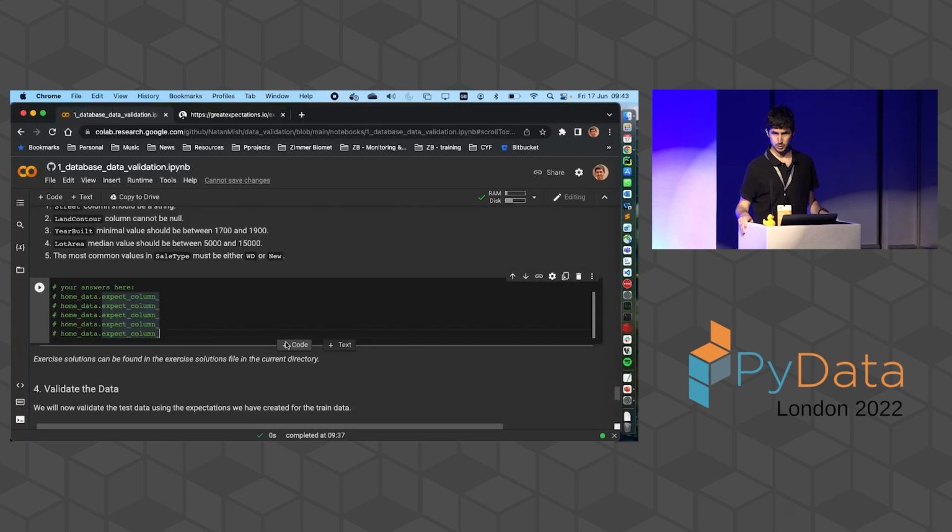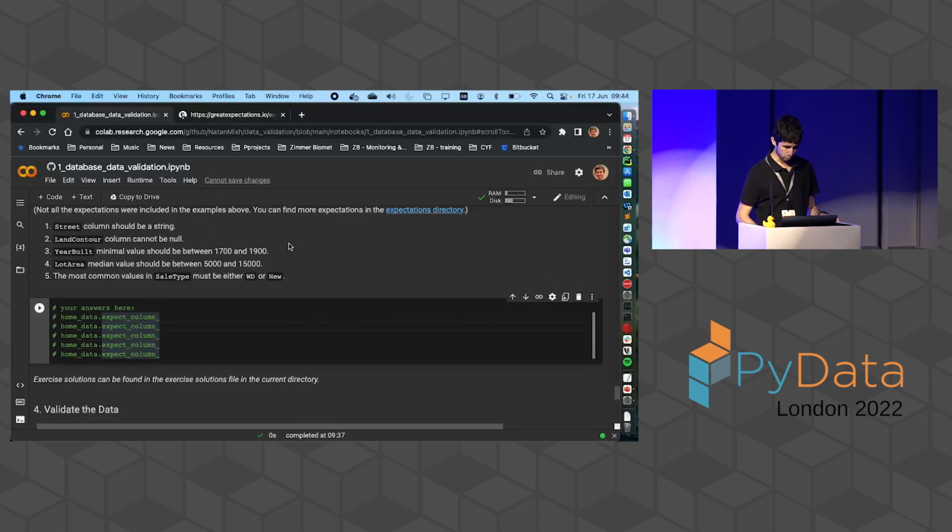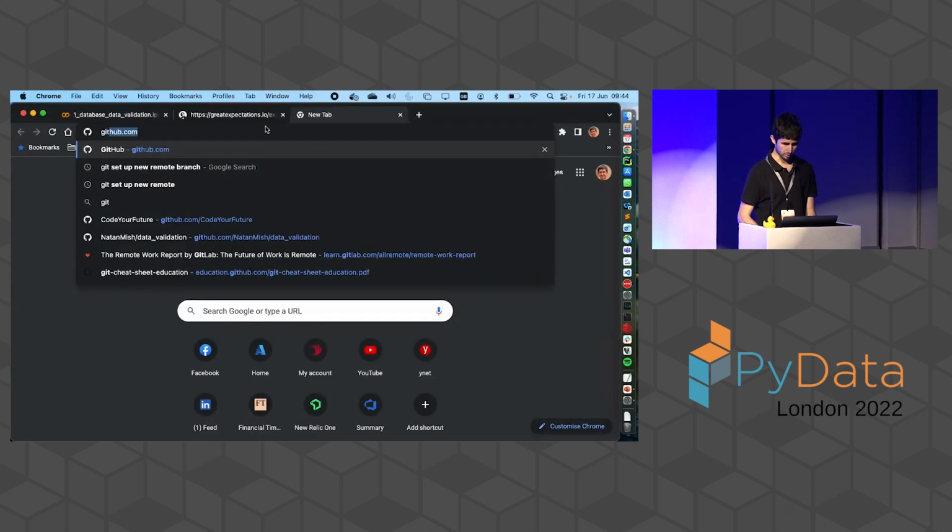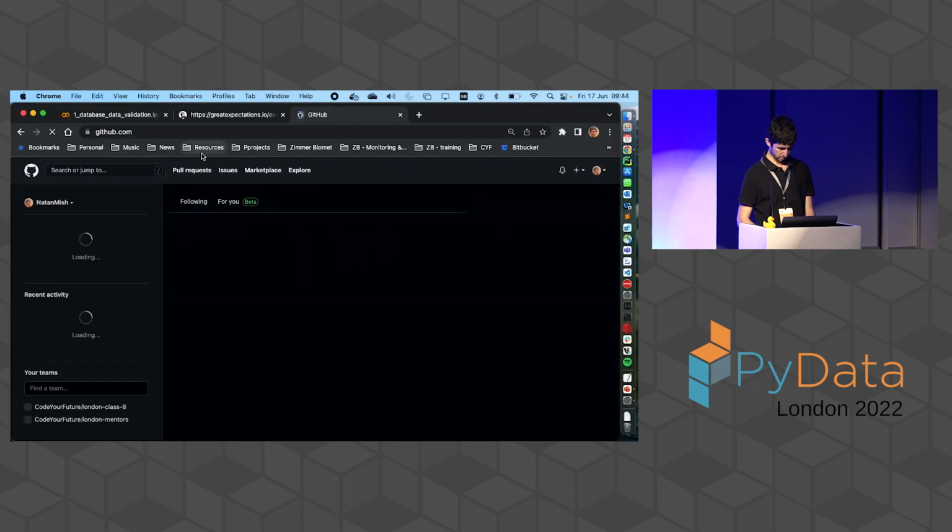So it looks like there were no great issues, other than Great Expectations not really working on M1 with Conda Forge, which is unfortunate, but M1 has its limitations, we all know. So let's look at the solutions, and if you go to the GitHub repository